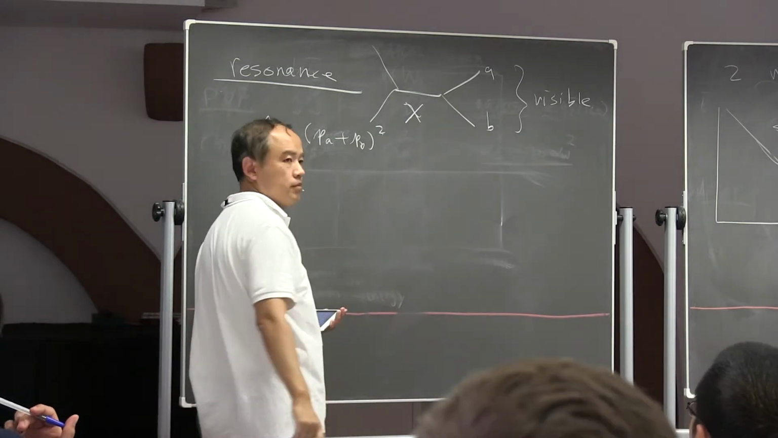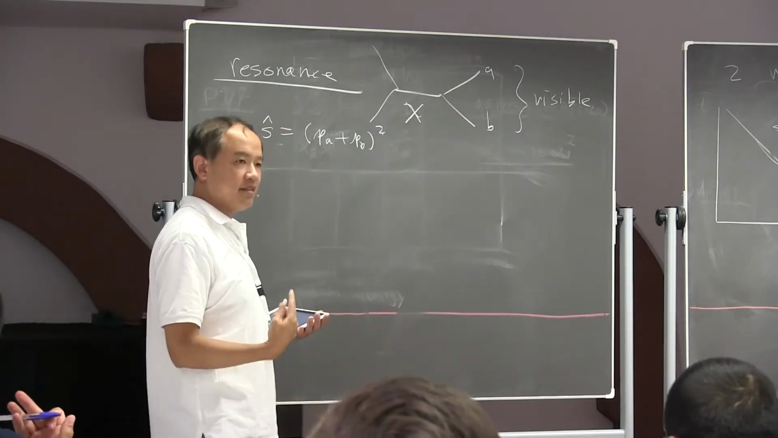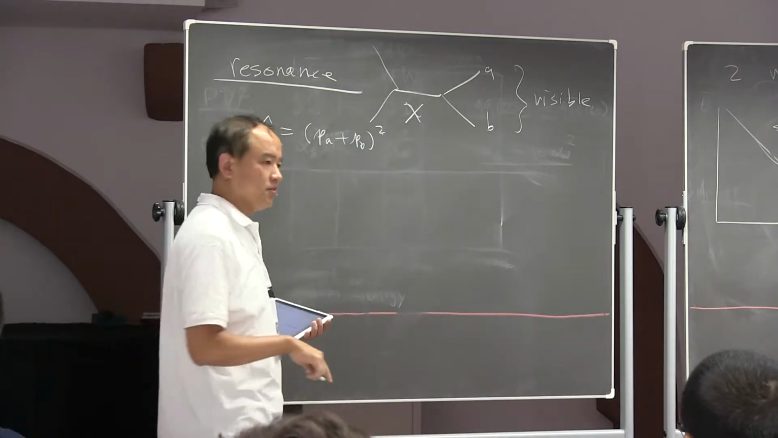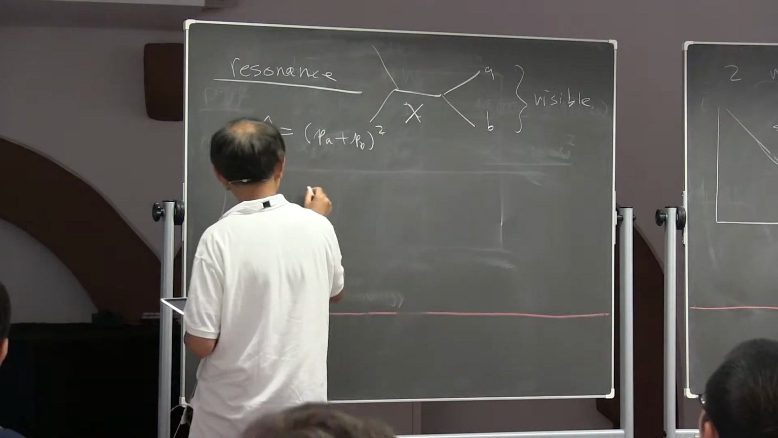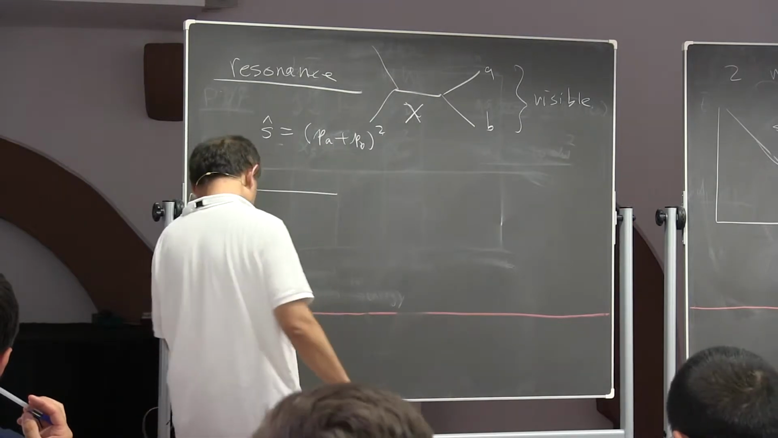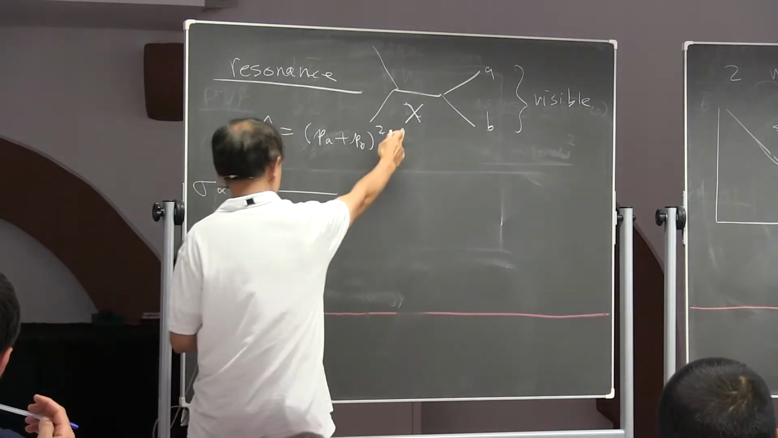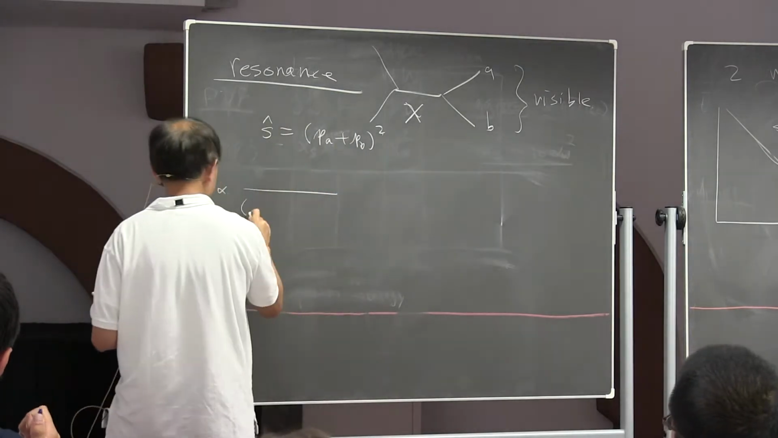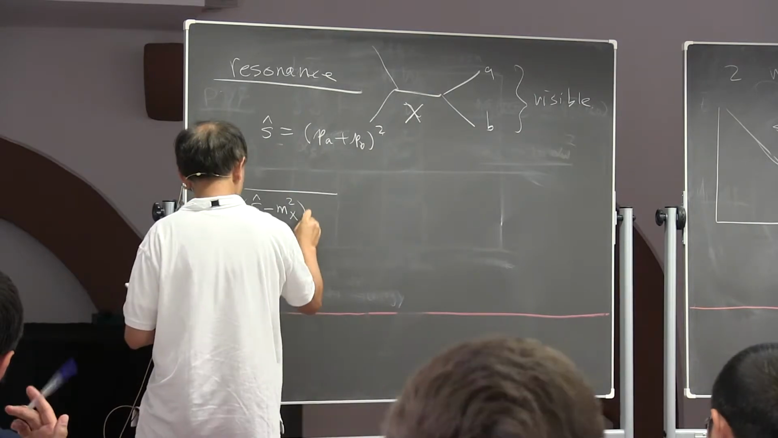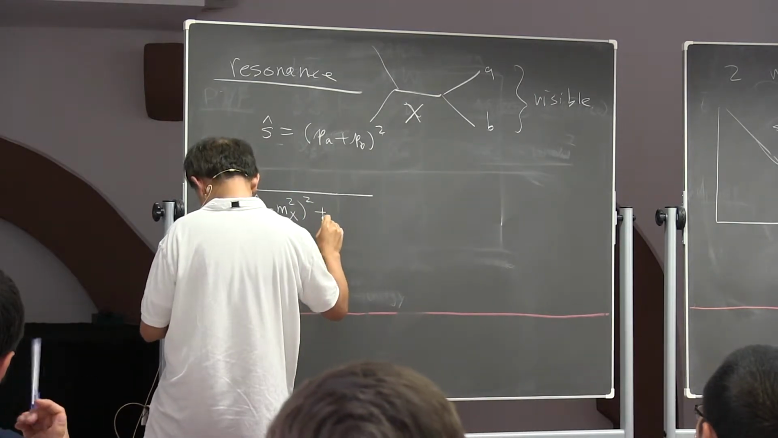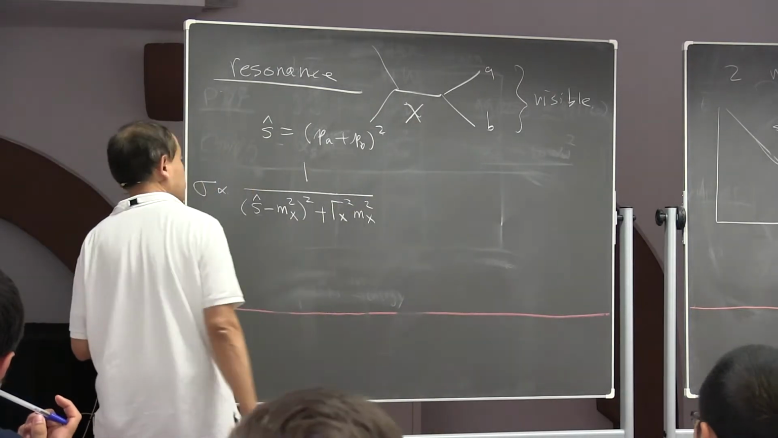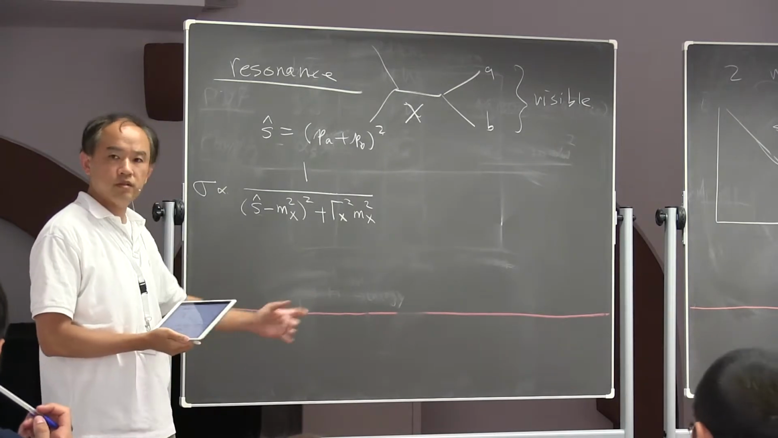Okay, what is the S hat distribution for this? When you produce this, it's exactly this. Right, so it's because the cross section is proportional to this propagator here, and the propagator is just S hat minus mX squared plus gamma X squared mX squared. Okay, have you seen this before? This is called the Breit-Wigner form